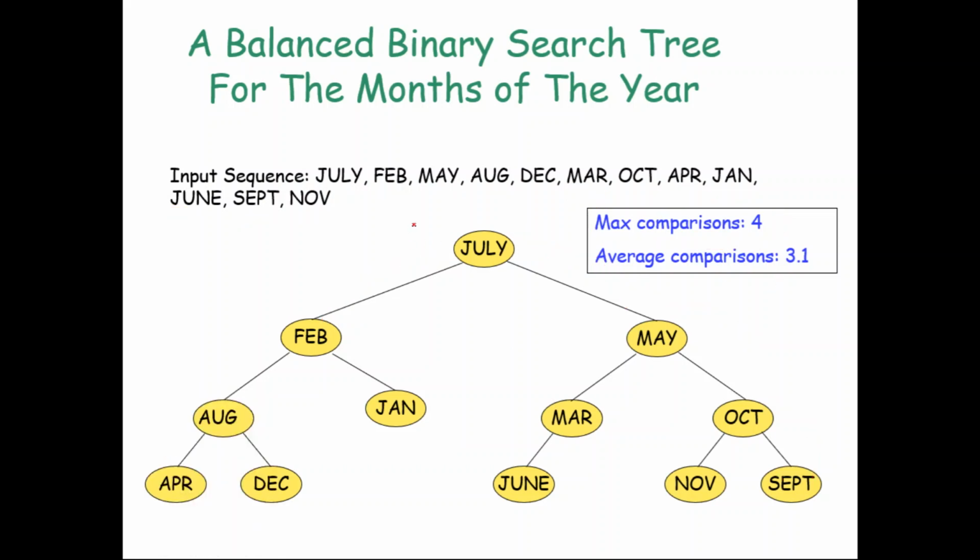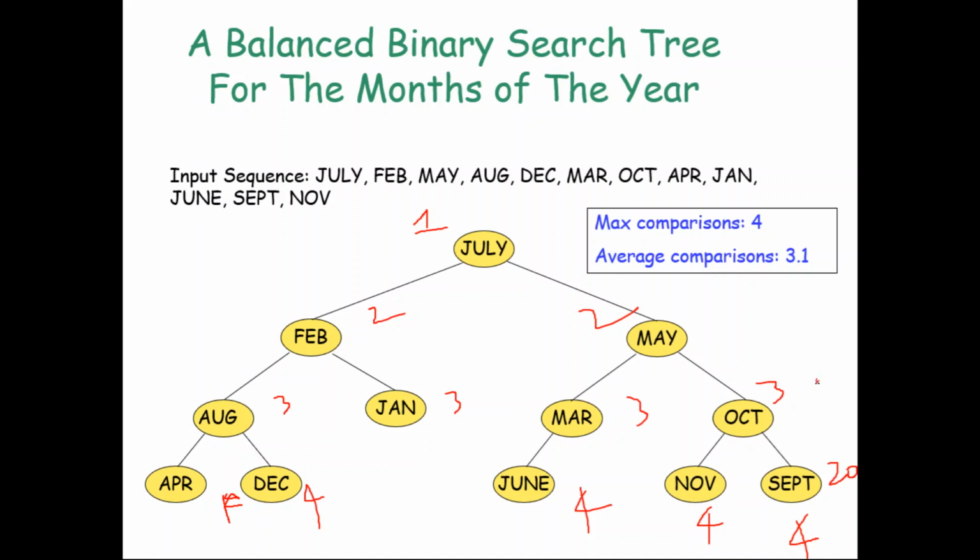In the first level it is 1. In the second level, 2 nodes can be identified with 2 comparisons, and 1, 2, 3, 4 nodes can be identified with 3 comparisons. And 1, 2, 3, 4, 5, 5 nodes can be identified with 4 comparisons. All these 5 nodes can be identified with 4 comparisons, so 5 4s are 20. So the number of comparisons required to identify all these nodes put together is 20.